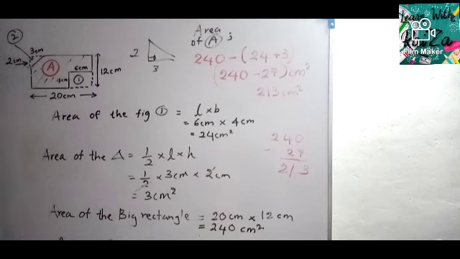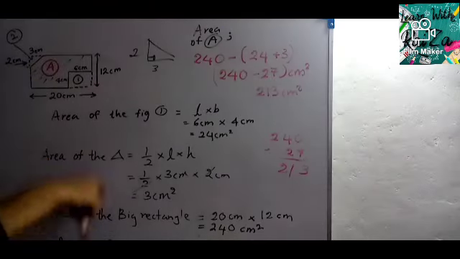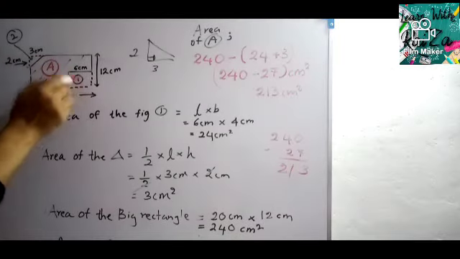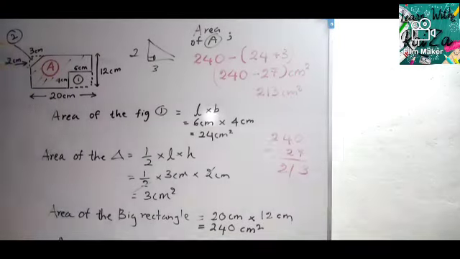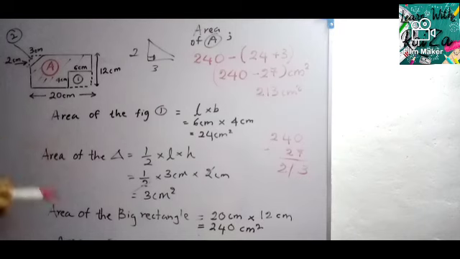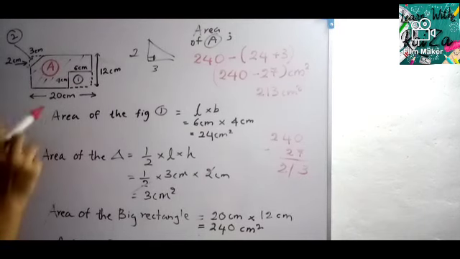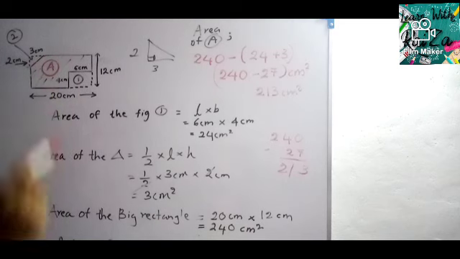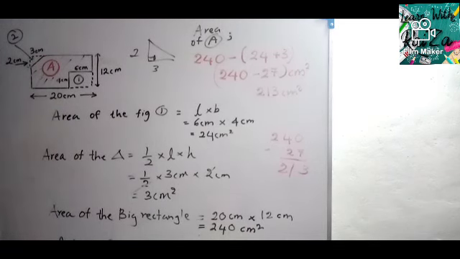How did I get that? First of all, I found the area of the bigger portion. Then I had to find this area and this area, portion 1 and portion 2. Then from the bigger portion, I had to subtract portion 1 and portion 2's areas, the sum of those areas, and then only I am getting the area of this portion. So this area lesson is very important in our day-to-day life as well. Okay, now let's do some more questions regarding finding the shaded portion. You will be clear on that.